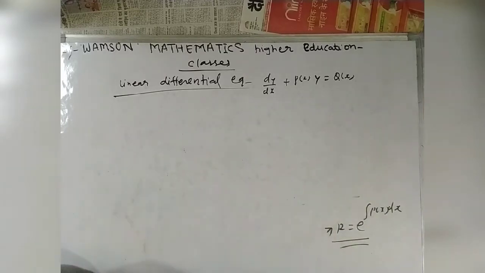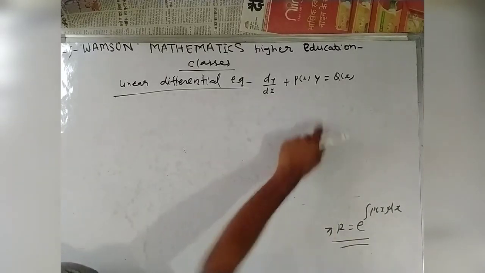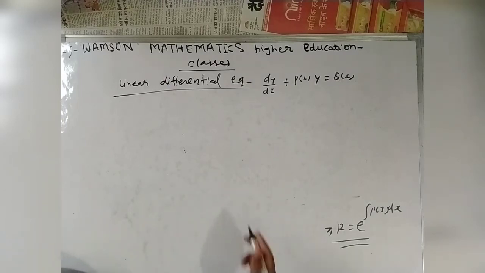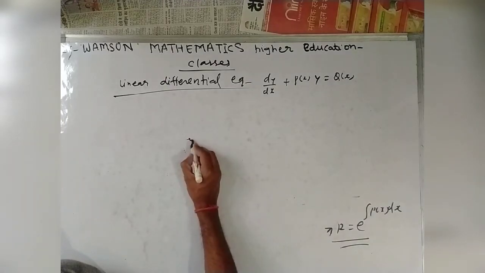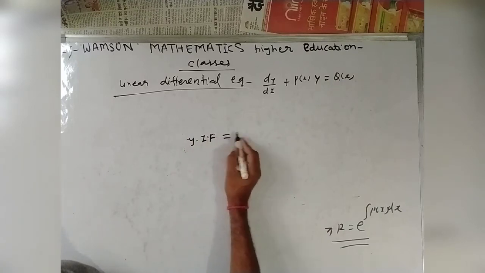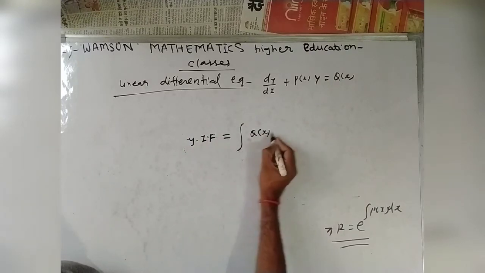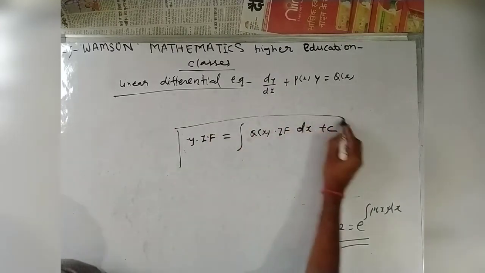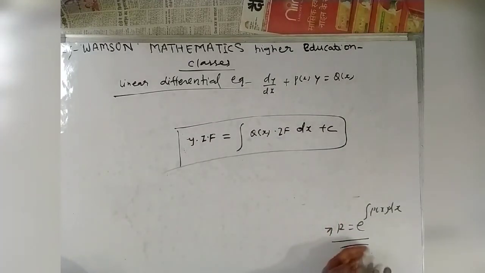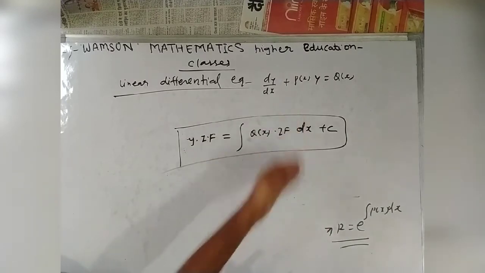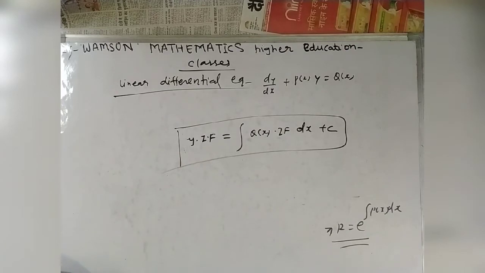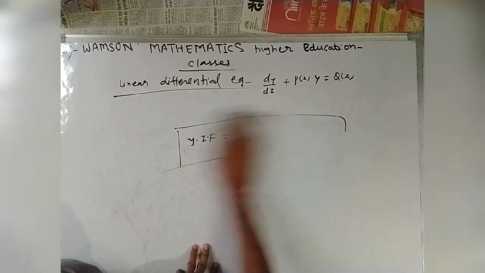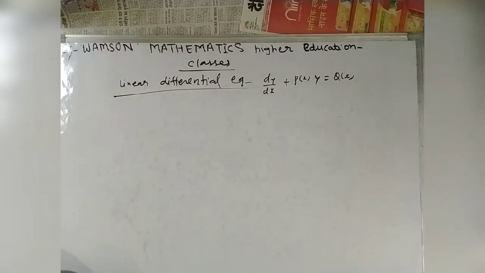So this is our linear differential equation. The solution of the linear differential equation is nothing but y into integrating factor equals the integral of q of x into integrating factor dx plus c. This is our solution. बिकॉज इंटीग्रेटिंग फैक्टर ऑलरेडी हमने फाइंड आउट कर लिया था, डायरेक्टली इंटीग्रेटिंग फैक्टर रखेंगे और ऑलरेडी इसका सॉल्यूशन हमें पता है. सो इस टाइप से हम इसका सॉल्यूशन निकाल सकते हैं. Let me discuss some examples based on this fact. So now, an example.